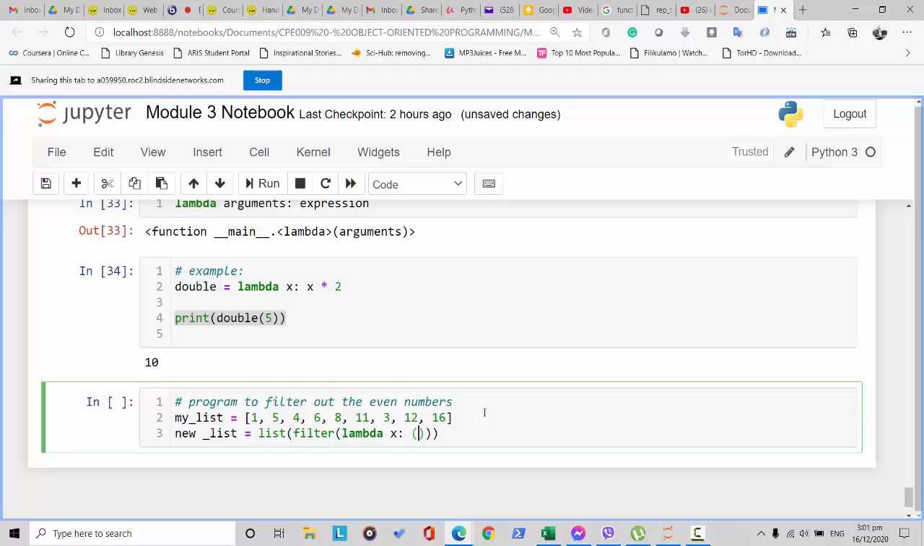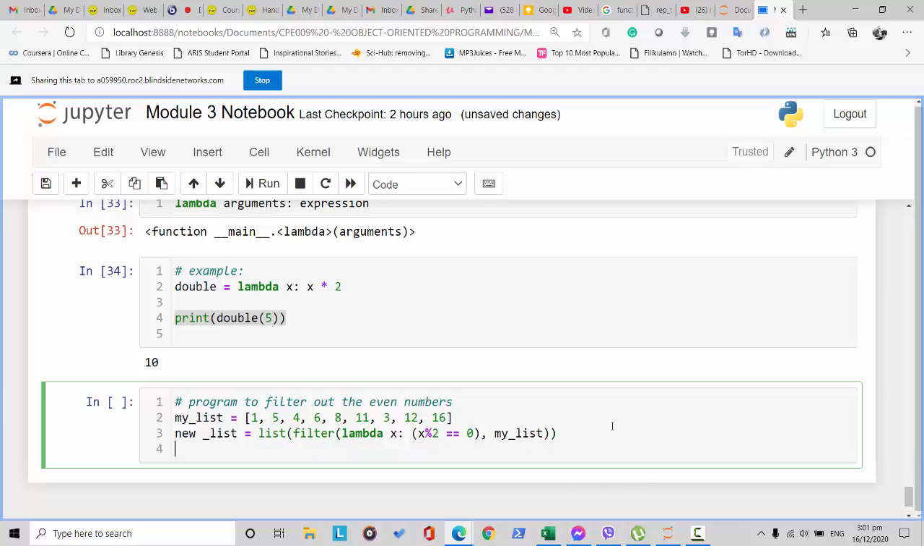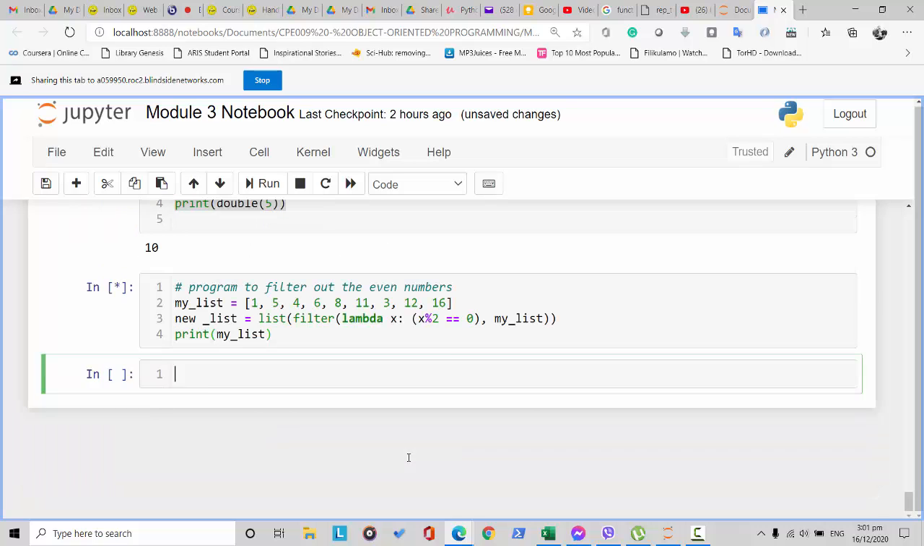How do we know that it is an even number? Yung common natin, no? If x modulo 2, and the answer of that is equal to 0, then definitely that will be the case, no? And then we put the name of the list here, my list. So if we print now my list,